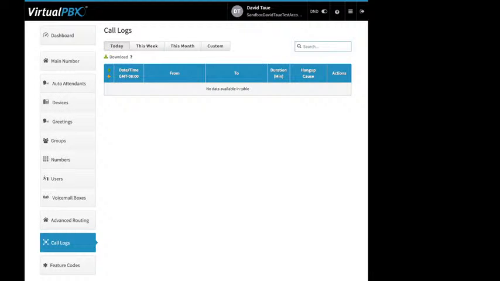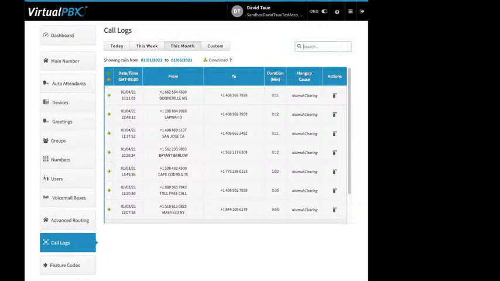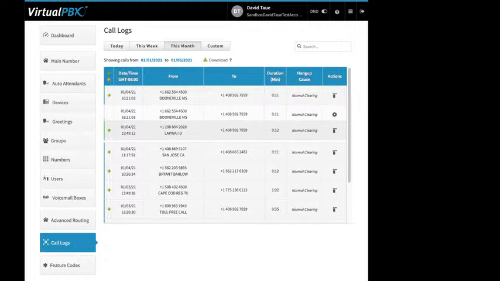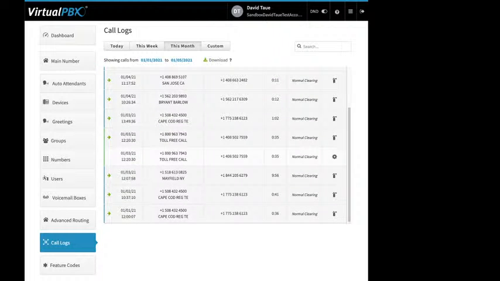All right, call logs. This shows your call activity on the account. Expand that a little bit. A little green arrow to the right means the call came into the system. And if you click on that, you get a little bit more details. Normally on a live account, you would see that it tried to reach devices specifically. And then you can also have outbound calls with a left arrow to the left, or a left pointing arrow